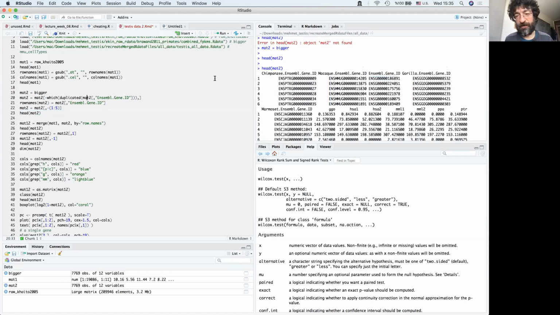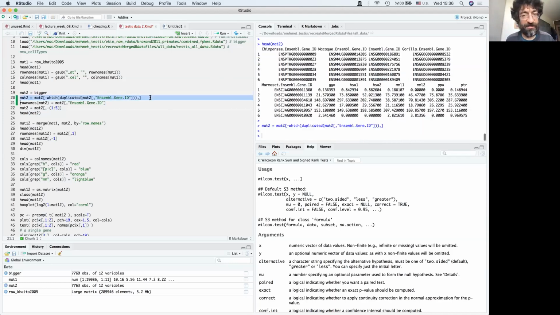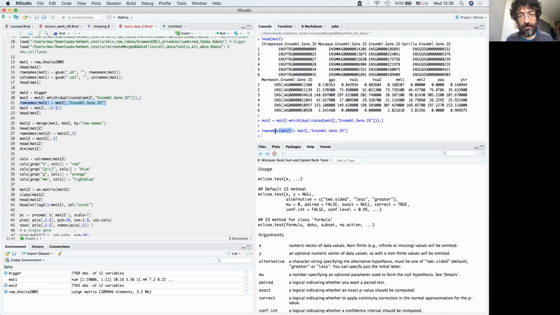But if you try to do that, there's an issue because some Ensembl gene IDs are duplicated multiple times, and you can't assign the same character string as row names to multiple rows in R. So I get rid of the duplicated genes, and then I assign row names to my matrix.